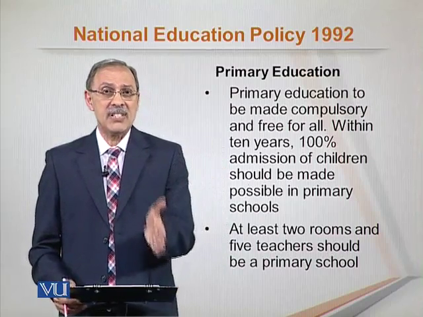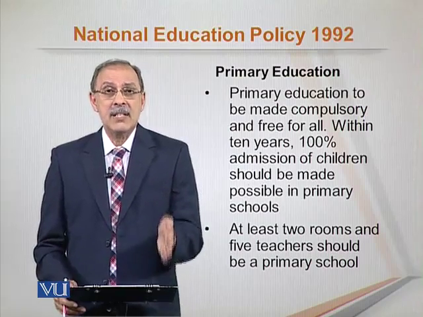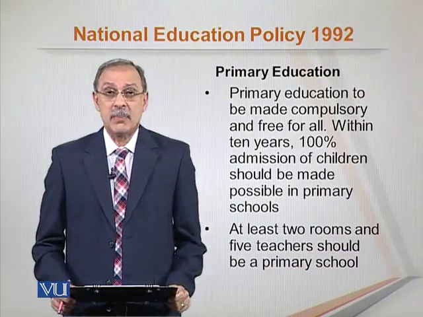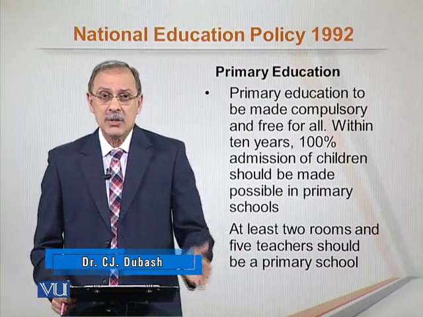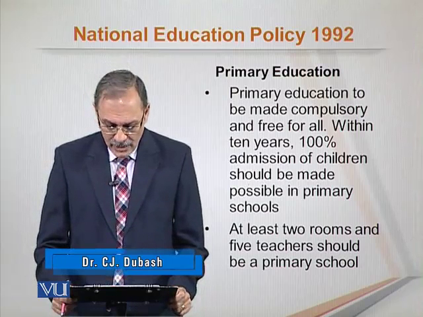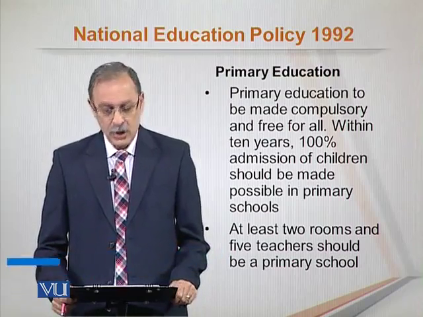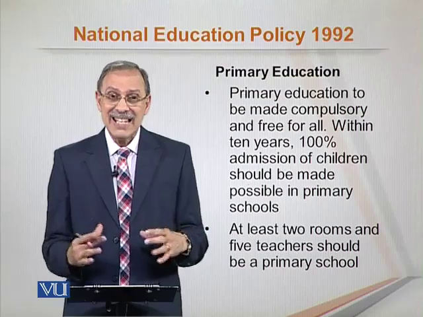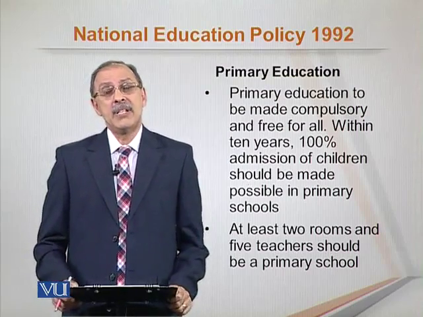Policy after policy, it is recommended, but something needs to be done. Simply putting it on paper is not going to get you 100% primary education. It just will not. You have to work towards achieving that target. At least 2 rooms and 5 teachers should be a primary school. So now, for the first time, we see the government in a policy define what a primary school should be